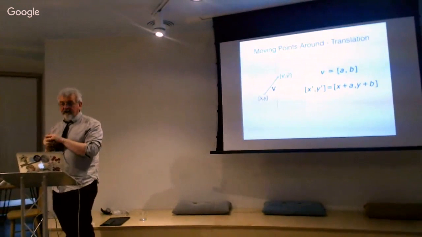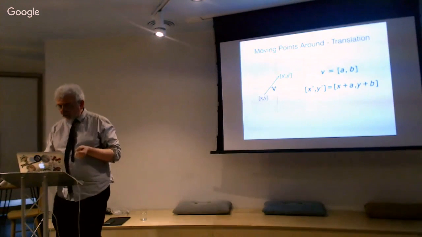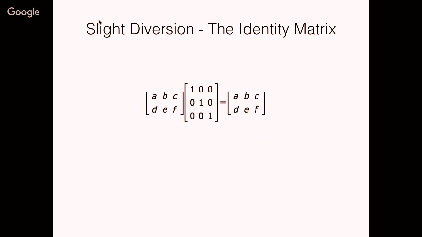But it turns out that there's a slightly more interesting way of doing translation. We have to go round the houses a little bit to get there. There is such a thing as the identity matrix, which is kind of like 1 in matrix land. So if you want to multiply a matrix by something and come out with the same thing that you started with, you multiply it by the identity matrix. And the identity matrix is just a diagonal of 1s through the middle. So if you just quickly do the matrix multiplication in your head again, which I'm sure you're actually doing. It's a lot of fun.